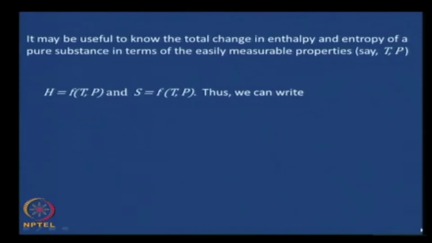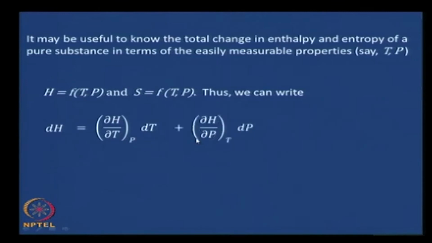To do that, let us write enthalpy as a function of temperature and pressure, and also entropy as a function of temperature and pressure. Again, by now you should be comfortable with this. The total differential dH in enthalpy is equal to (∂H/∂T) at constant P. Remember, we have taken this as a function of temperature and pressure. So, (∂H/∂T) at constant P times dT plus (∂H/∂P) at constant T times dP,